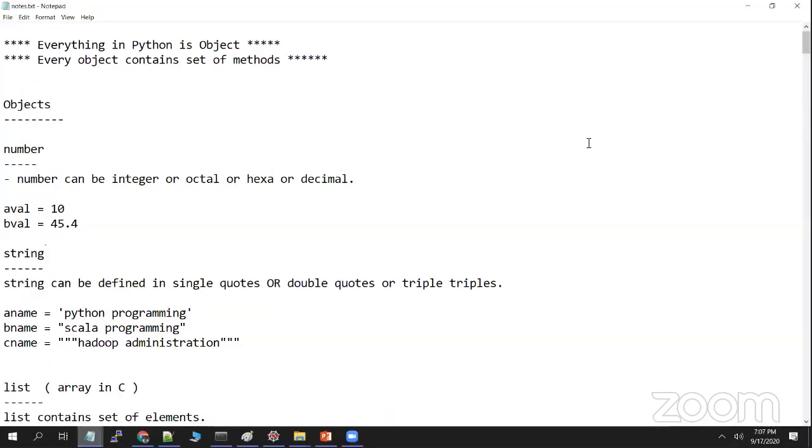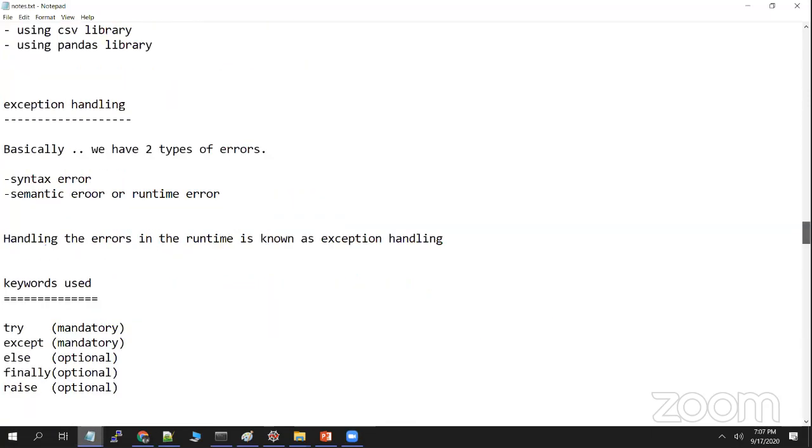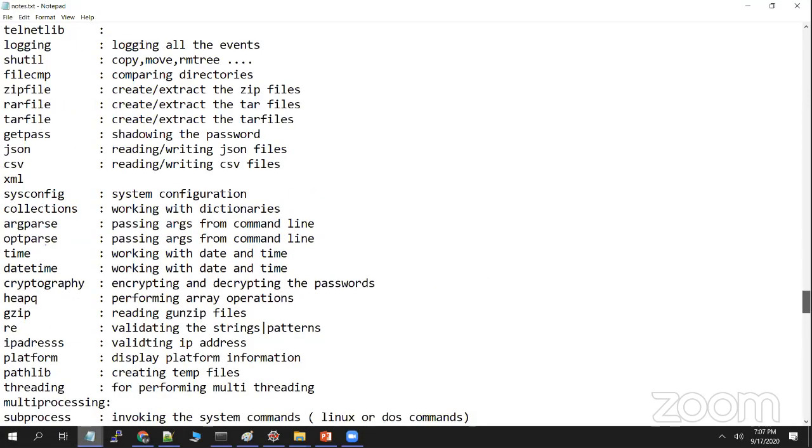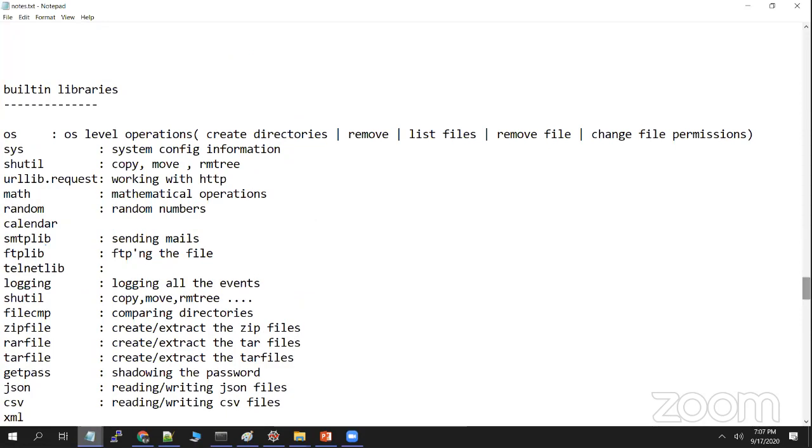All right guys. Yesterday, if I'm not wrong, we discussed libraries. We started our discussion with the libraries. This is an important part, guys. So whoever is going to work in Python,